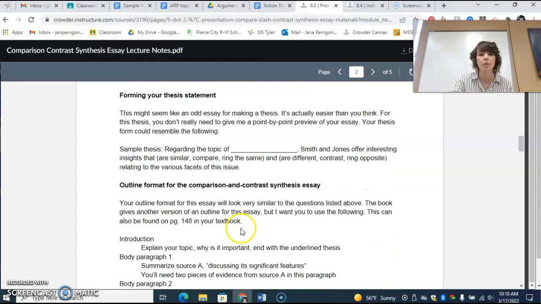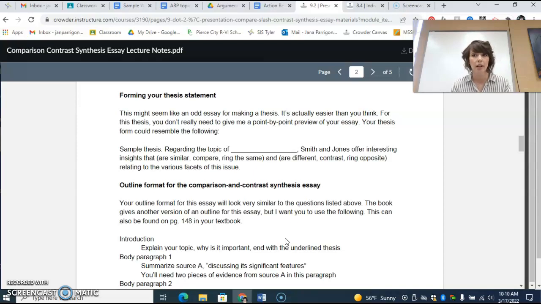For your thesis statement, I do not want you to have a point for every paragraph in your thesis statement. It's going to be too wordy and it's just going to sound weird. So I've got a sample thesis for you that you can use however you want to.